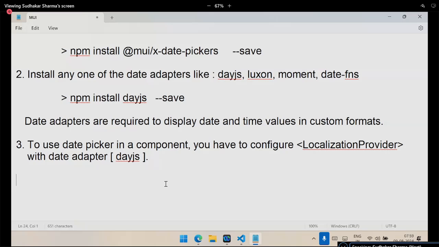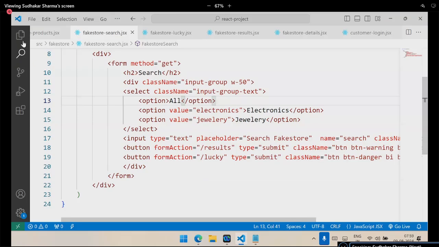So where do we have to define this? Actually, index.js is good, or you can write it individually for every component also. That is risky, because if I am using it in several places, then it is better to configure it in index.js. So what we have to do is go to the index.js